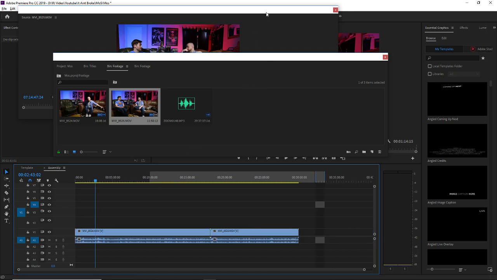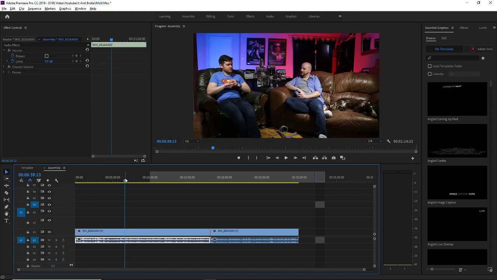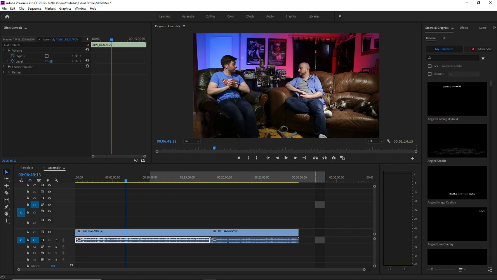So I'm just going to move the source monitor out of the way there. If I click go, so what you're hearing there, I have a Rode video mic, it's this kind of cheap little mic. It's made by Rode. Rode's a good brand, but I would never use that mic for my project audio. I plug the Rode shotgun mic into the camera to collect clearer audio than the camera's mic, which is awful